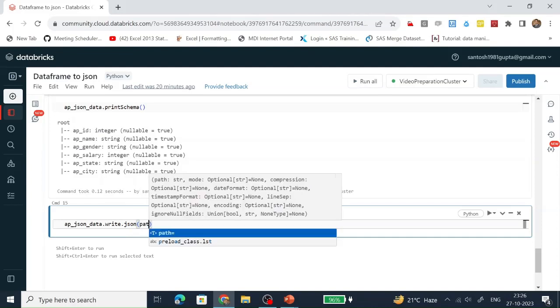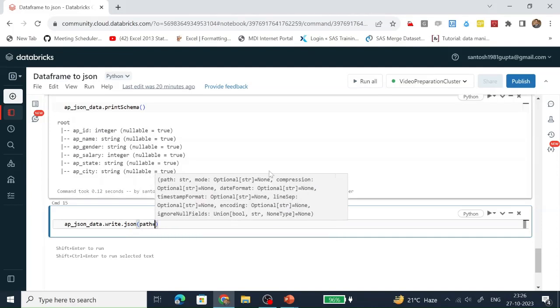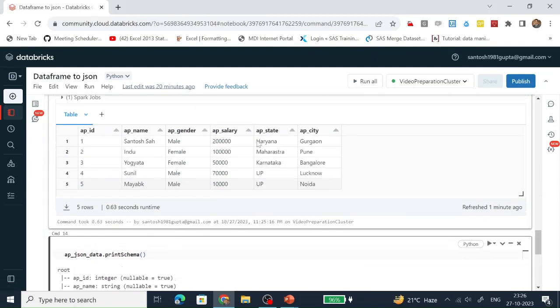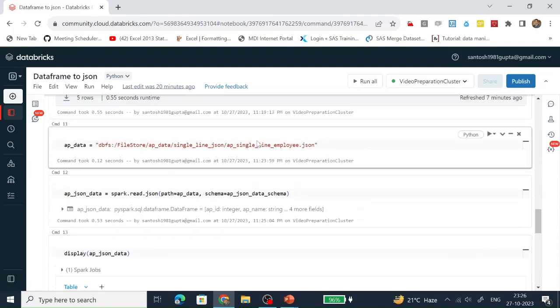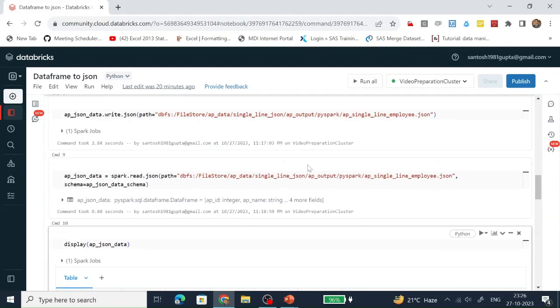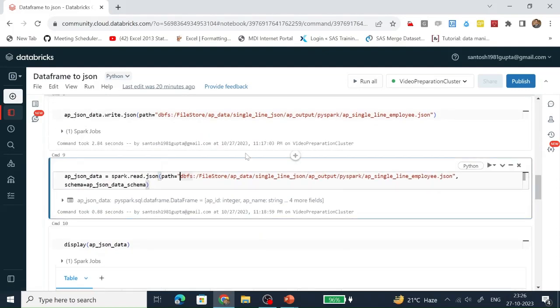Here we are passing the path parameter. What is the location? So here we have generated one JSON. Let's copy the path.